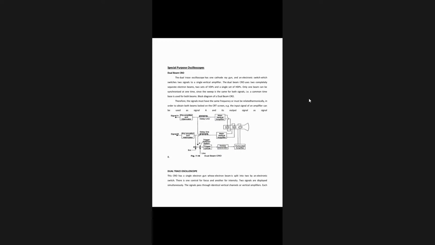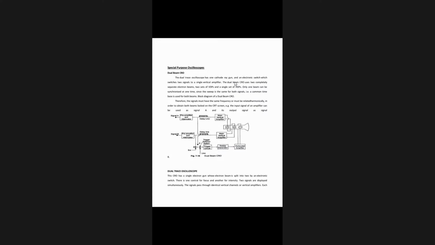We are using two sets of vertical deflection plates and one set of horizontal deflection plate. As the name suggests, this is the dual beam CRO, which means two beams are used to represent the two signals simultaneously on the screen of the CRT. So we can see the two signals simultaneously on the face of the screen. For this purpose, in this type of dual beam CRO, we are using